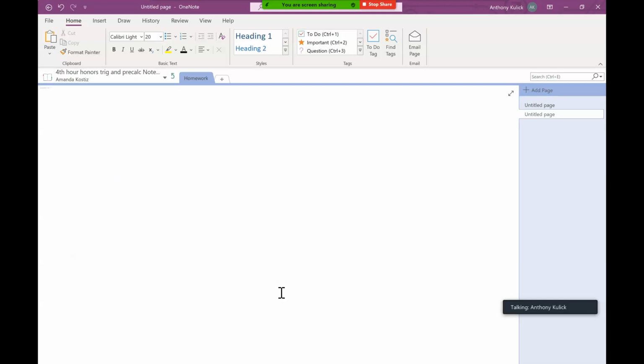You can use your stylus and write in OneNote. You can do your homework that way. That's fine. If you want to write it on a separate sheet of paper and then take a picture of it and put the picture into OneNote, that's fine too. Some things to be cautious about if you choose to do it that way, which is again fine. 1,